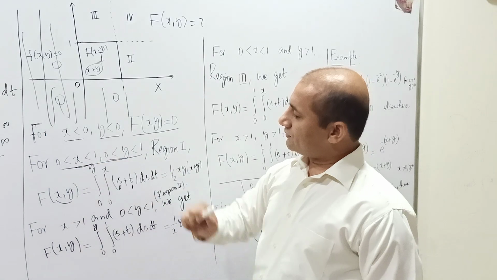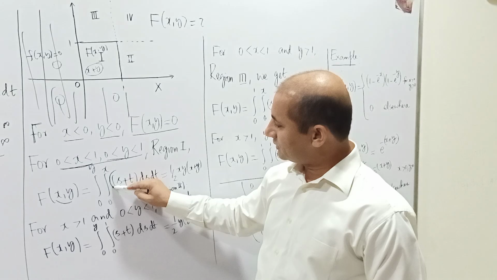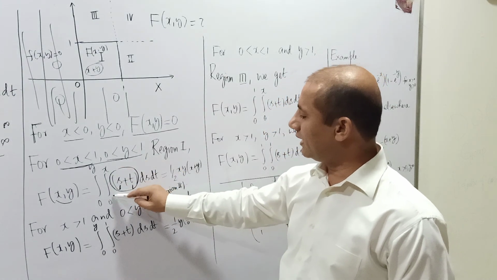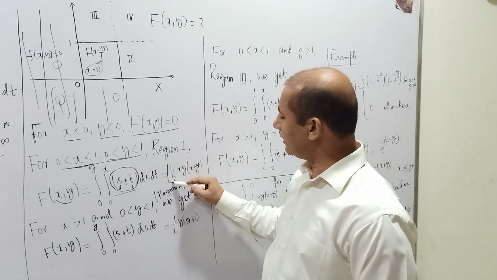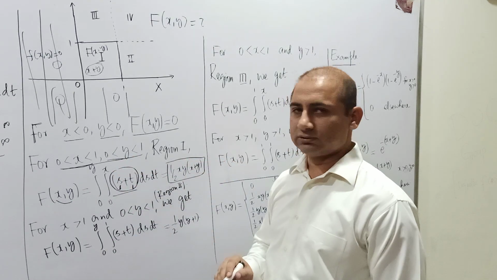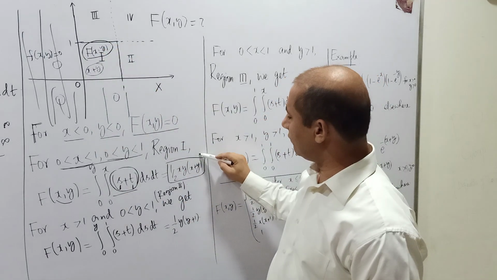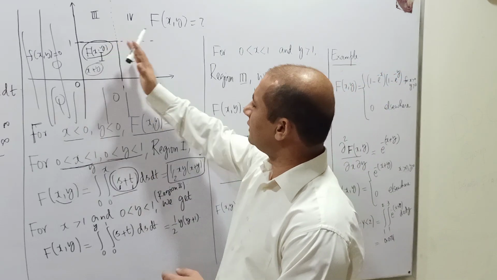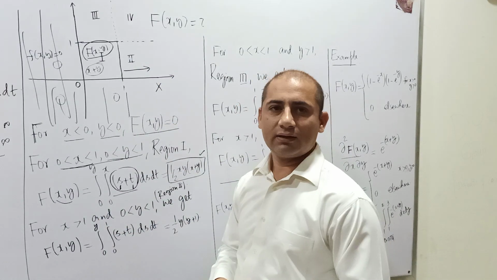So when x is from 0 to 1, y is from 0 to 1, we have f of x y, that was x plus y. So s corresponds to x, t corresponds to y, so we have this s plus t. We make this integration, and after this very simple computation, we end up having this expression. So that means my f of x y within this square is this thing, 1 over 2 xy times x plus y. Now please mind, when we move in this direction, when x is greater than 1,